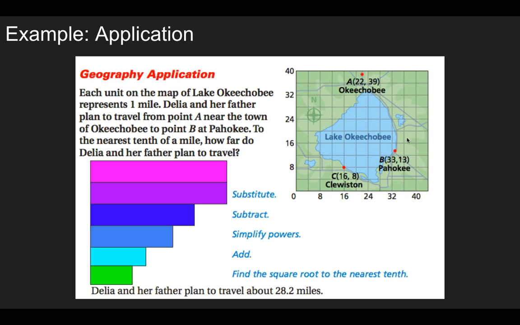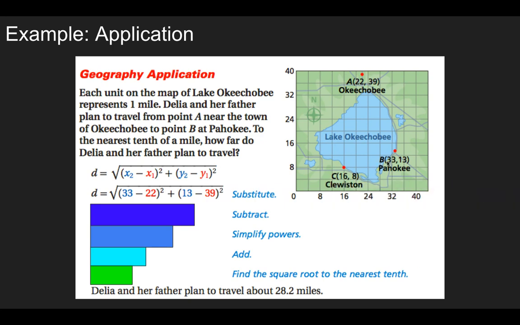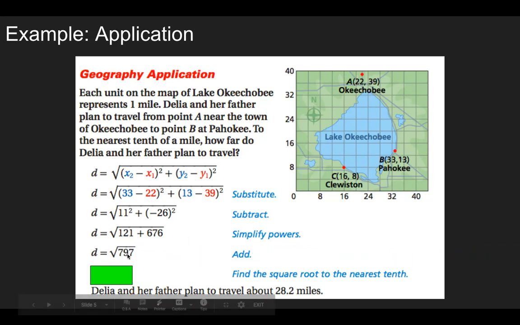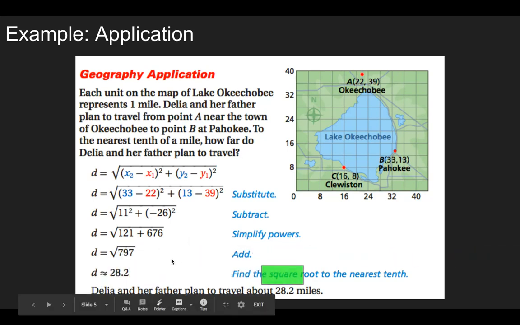I assume that we're not being asked to do something like this. So using the distance formula, I'm just going to substitute my x2 minus x1 squared plus y2 minus y1 squared. Then I'm going to subtract. Notice my negative number is staying in the parentheses. And I get 121 plus 676, or 797, which is going to give me about